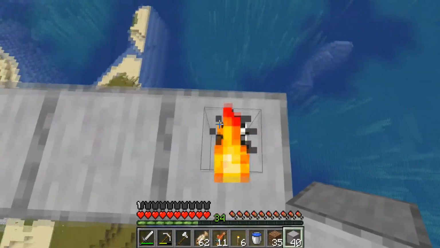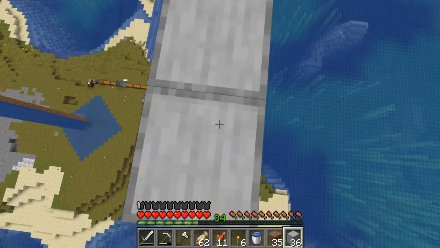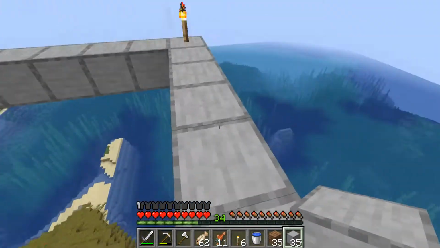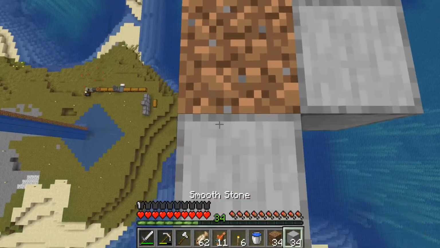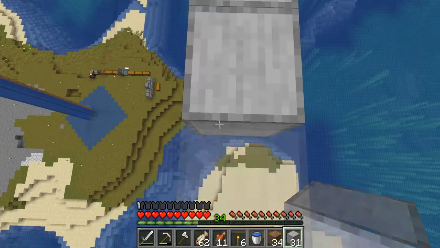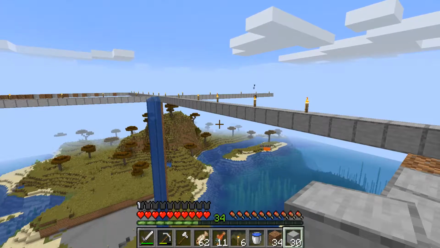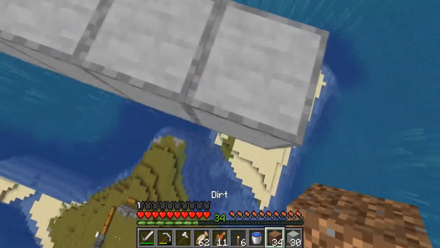Now, the bad thing about this is I need so much dirt just to fill in a quarter of this. What I plan to do is have a farm up top here, and each quarter is going to be a different crop. So we're going to have wheat, sugar cane, pumpkins, and carrots. Basically the four main crops that I'm actually going to be using,